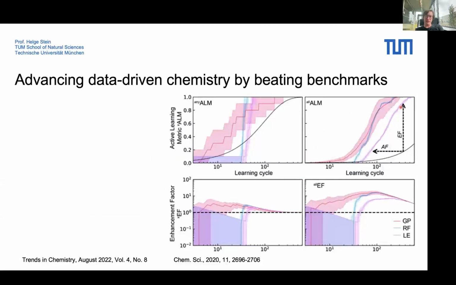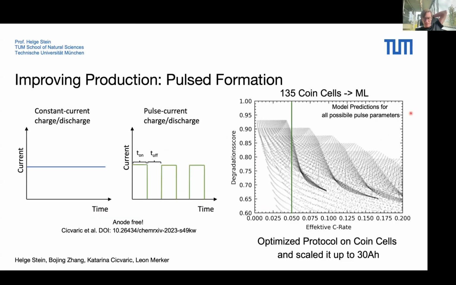One quick thing that I just want to say: for any of the optimization tasks, you should always think about something that we call the acceleration factor, so the reduction of necessary experiments in order to come to the same kind of metric. Or if you have a set of examples that you always need to do, you have the enhancement factor that essentially increases the probability of finding, let's say, a perfect parameter set. One of the examples where we actually use this, and then I'm going to come to the end, is